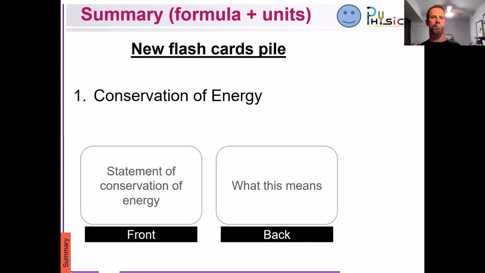This is a bit of an initiative that I did with my lessons. At any lesson where there's a definition or a principle or an equation which the student should remember, I've got this at the end. You could use it or you can throw it away. It's quite a good thing that if you put your PowerPoints onto Teams or Google Classroom and the kids go through them later when they're creating their flashcards, it's there to point out to them, this would be a good point to actually write down that flashcard. What conservation of energy is, and on the other side, what it actually is.